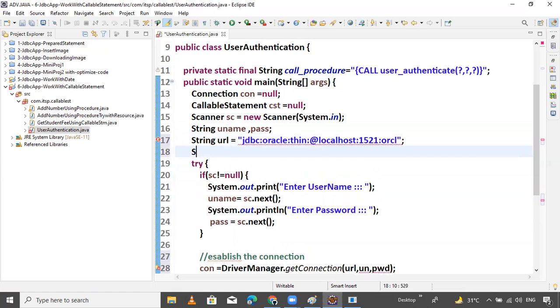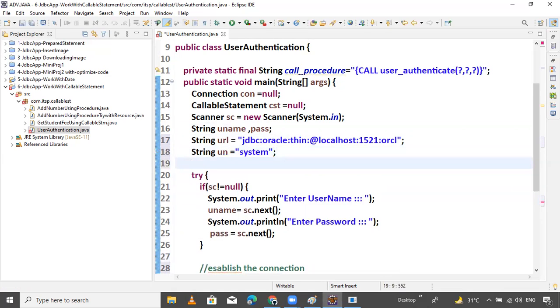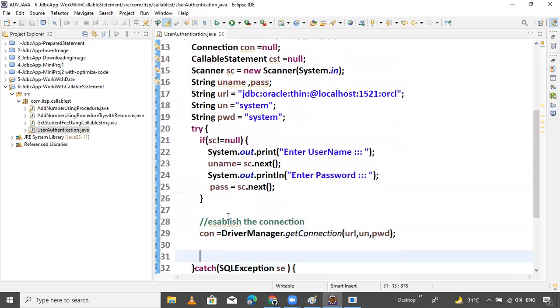Now string un equals to username. In my database the username is system, and string pwd equals to the same, system. That's it. Now it's ready. Our connection is ready, guys.